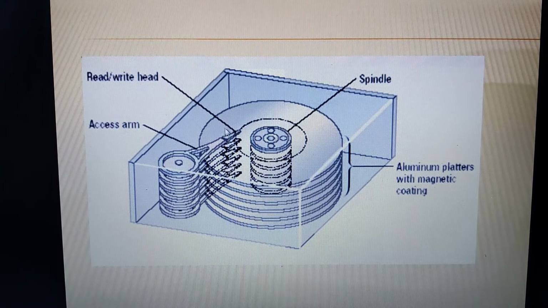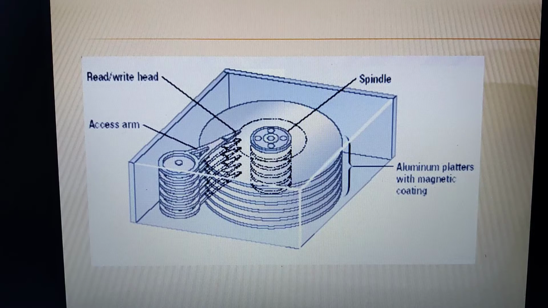If you want to write anything, you have to use the write head. If you want to read the contents, for example, if you want to play the 50th song, that song is already there on your disk, and you are trying to play it, that is a read operation. Suppose you want to copy a song from some other device to your hard disk, then you are moving the contents to your hard disk. That operation we call write.